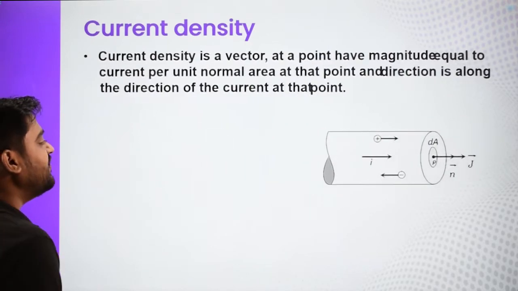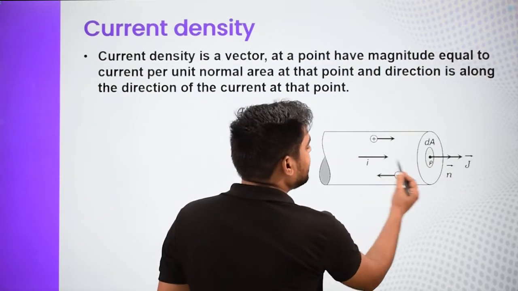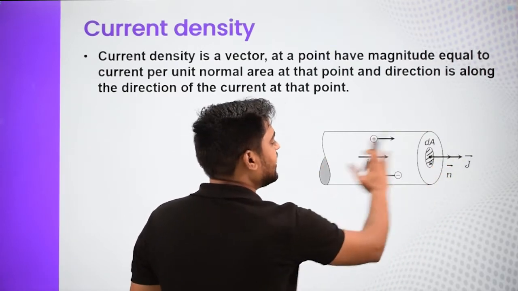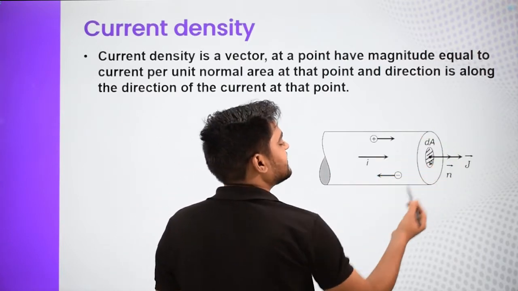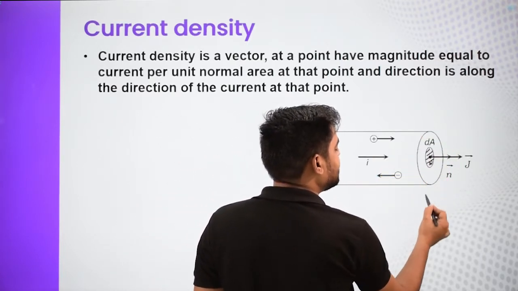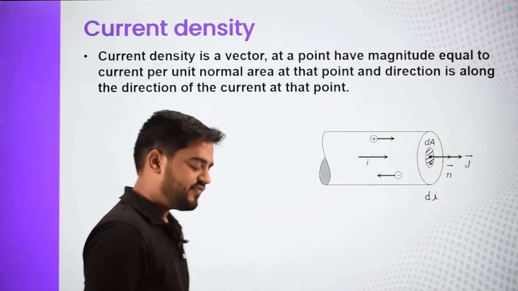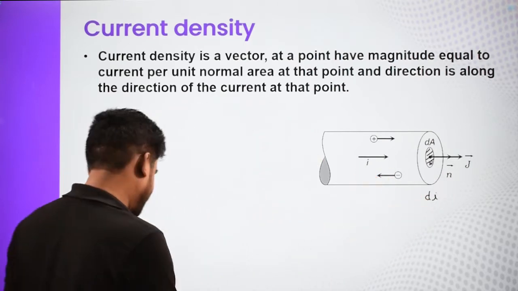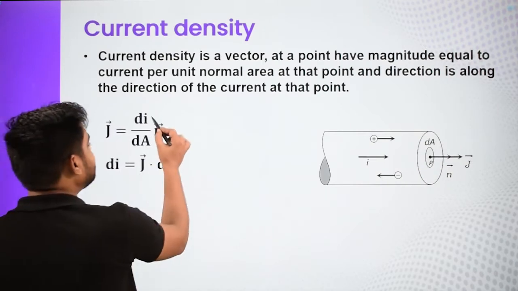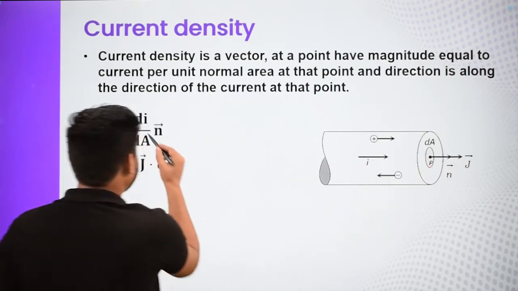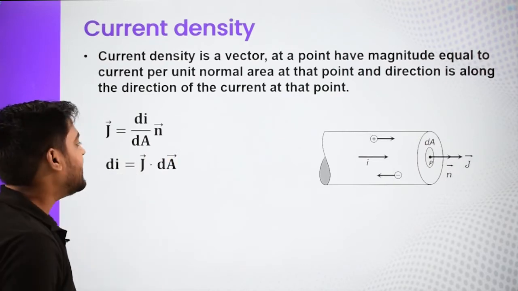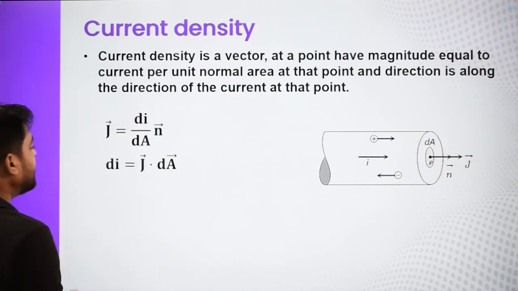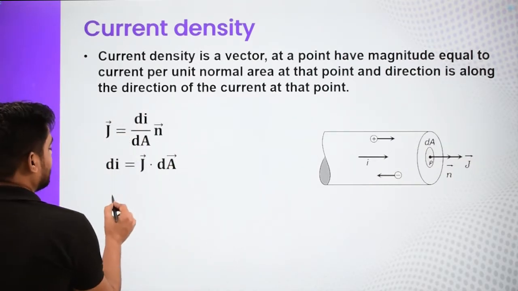Now, let it be a conductor, here current I is flowing. This is the area of cross section. I am talking about this area of cross section. I is the total current which is flowing through the total area of cross section. So let current passing through this small region be dI. So J is defined as, see, the direction of J vector is the same as the direction of current, and the magnitude is defined as current per unit area. Current through this region is basically dI, the area of that region is dA, and n vector is just the vector in the same direction as the current.